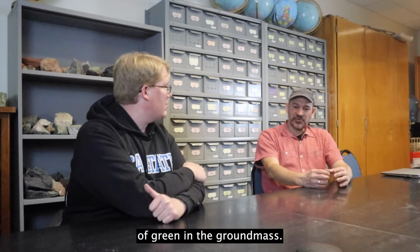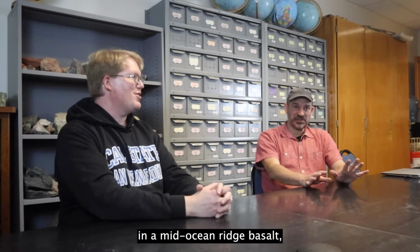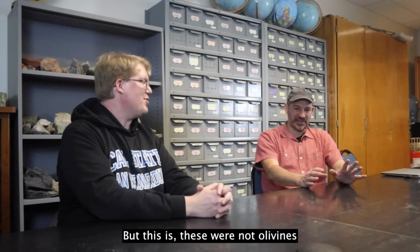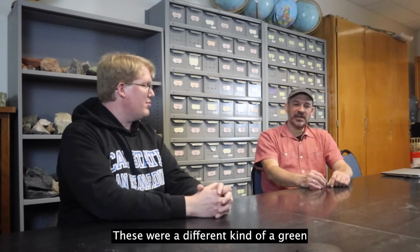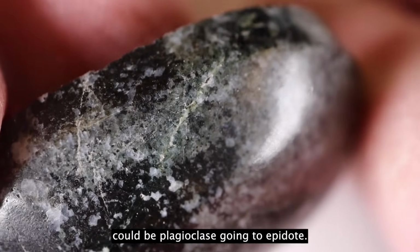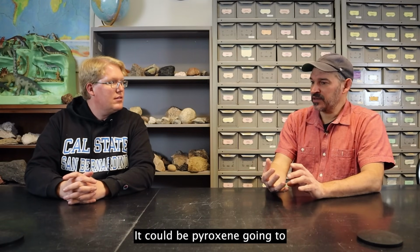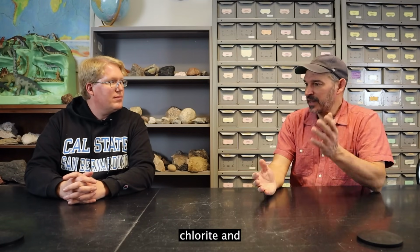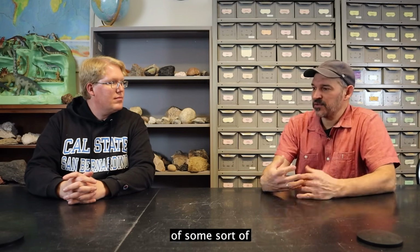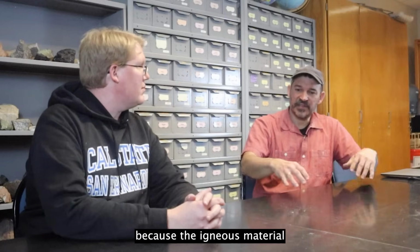And there's also a lot of green in the groundmass. And so there are no green minerals in a mid-ocean ridge basalt except for olivine. But these were not olivines. These were a different kind of green. That kind of green comes from hydrous alteration of these minerals. Could be plagioclase going to epidote. It could be pyroxene going to chlorite and amphibole, things like that. But all these things are indicative of some sort of hydrous metamorphism, greenschist grade metamorphism, because the igneous material